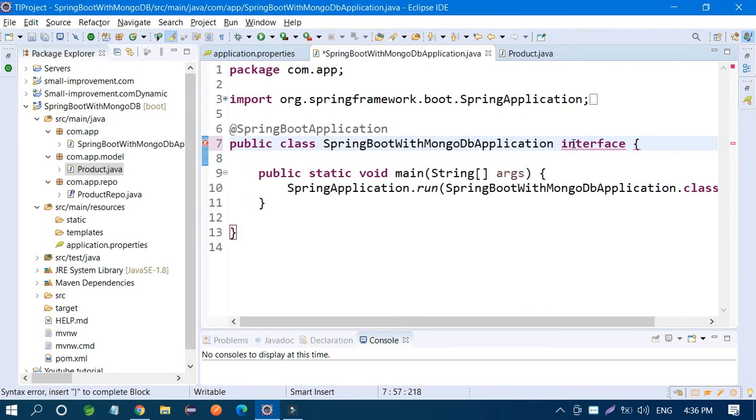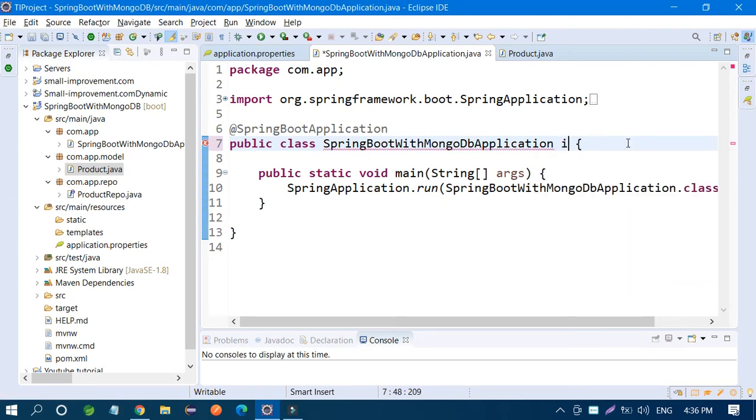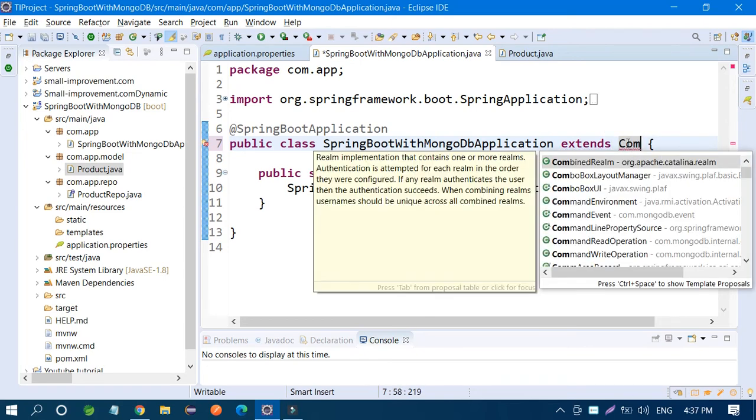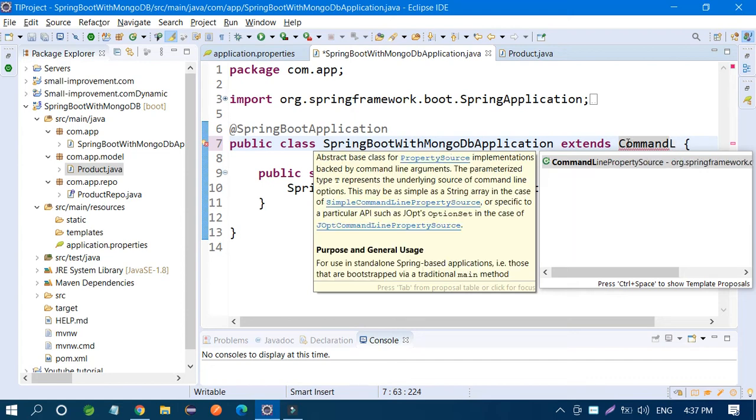Command line runners. Actually, I want... no problem. Extend command line runners.